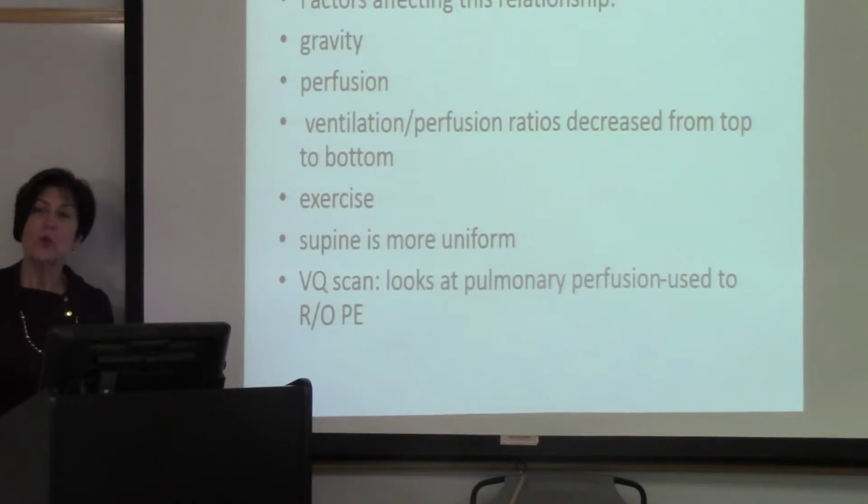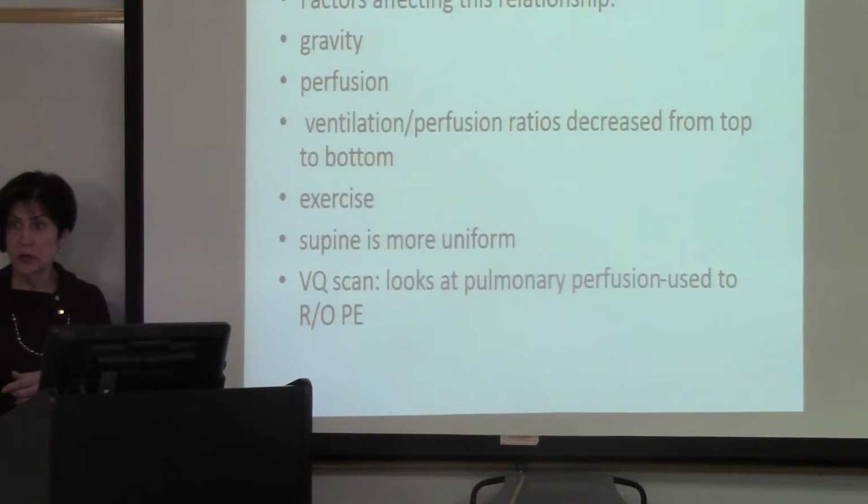And then you have to worry about why they had a pulmonary infarct. Did they have a DVT because they were on a plane for too long? Is it because they're morbidly obese and don't move around? Did they just have big hip surgery where they could have shot a clot? That's why when people have total hips, they put them on anticoagulation for a short period of time. And cancer patients are often more hypercoagulable, and they often will shoot a clot. So you have to look at what caused it. We always want to know why.